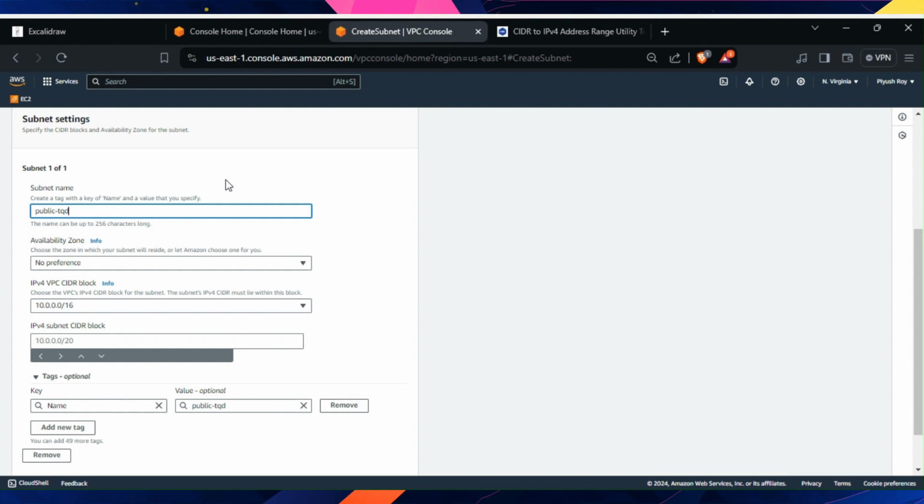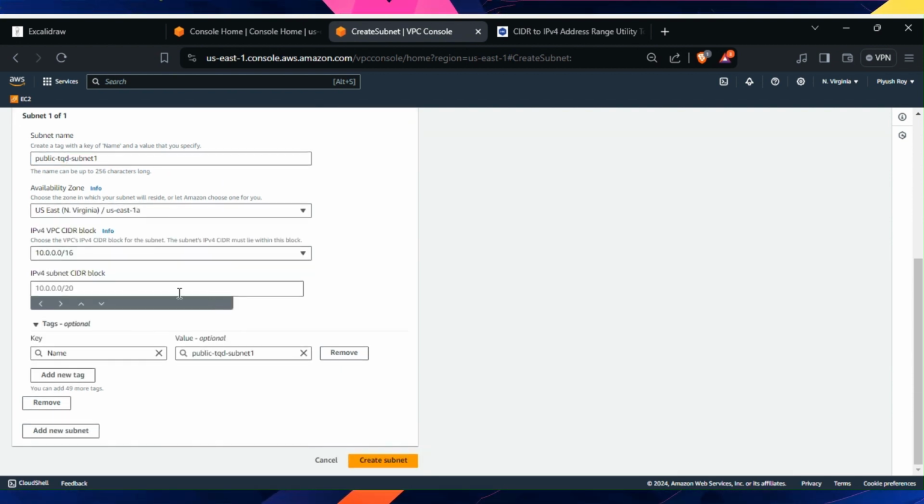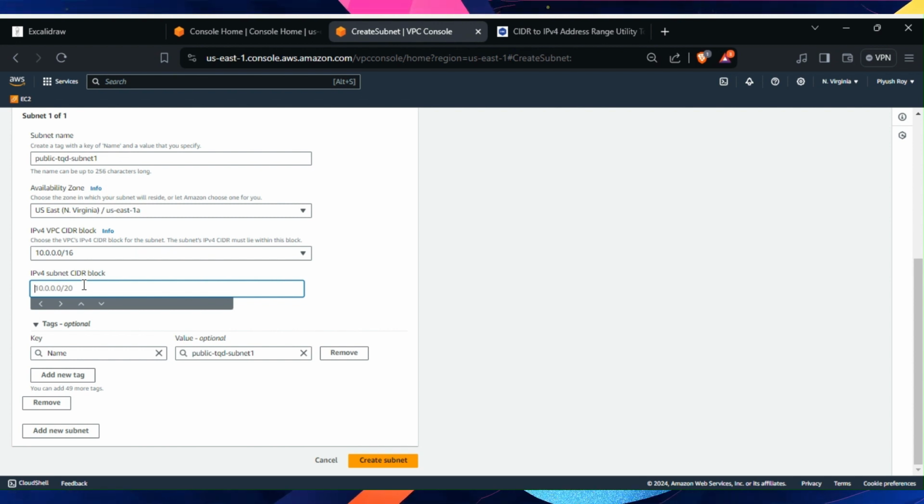Okay, public TQD subnet 1. Okay, for availability zone we have to choose the availability zone. I'm choosing this as US East 1A, and for IP version CIDR, this is the primary block. Okay, you need to enter a new subnet for it. Let me choose here, if I am making the public, let me choose 10.0.0.0 slash 24. Okay, and here you can see we are getting the 256 total IPs here,